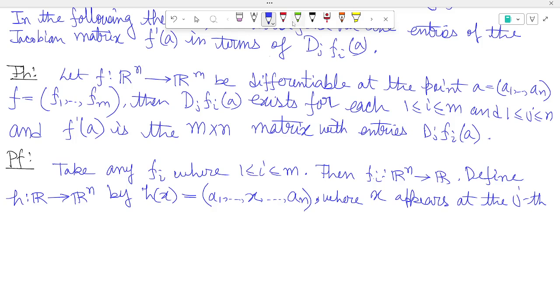Jth place. So that means we are able to find the jth partial derivative here. Then what is, we have already studied this. What is this? This is nothing but this is,